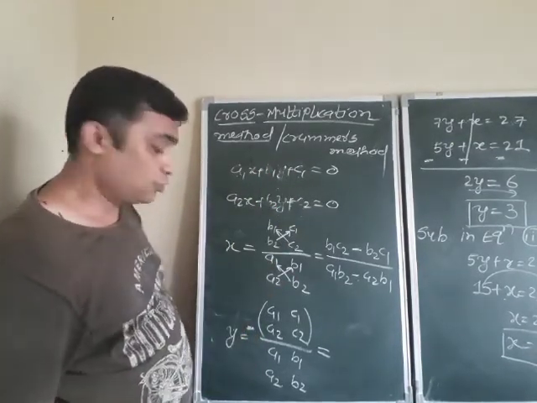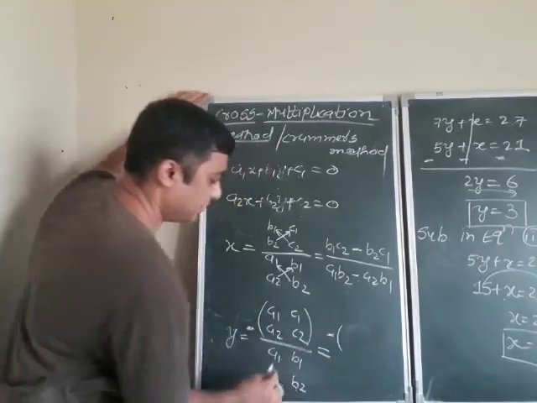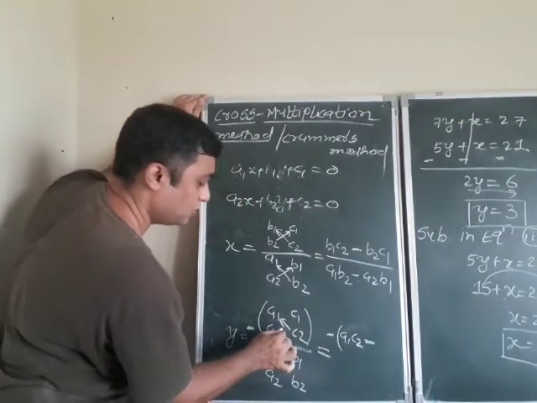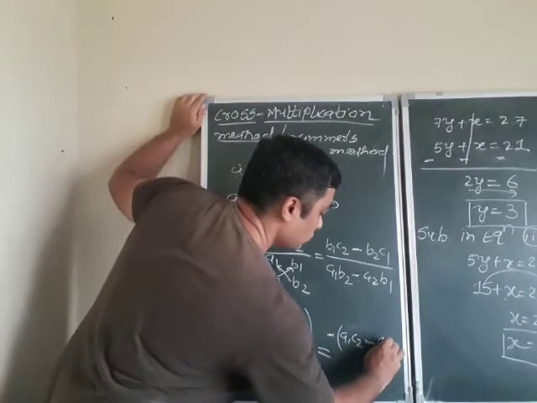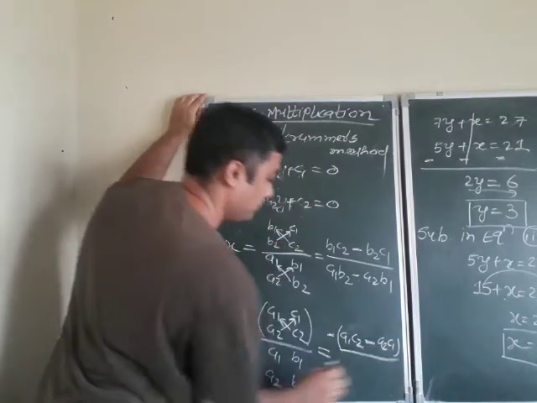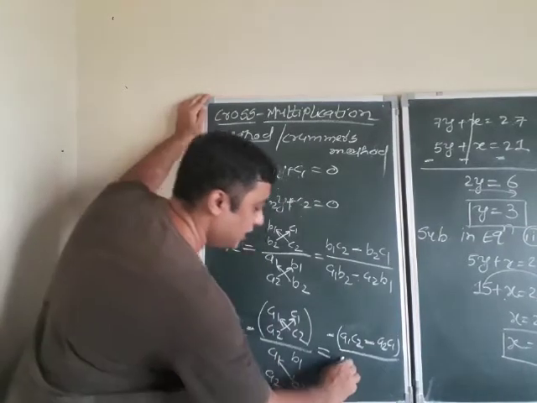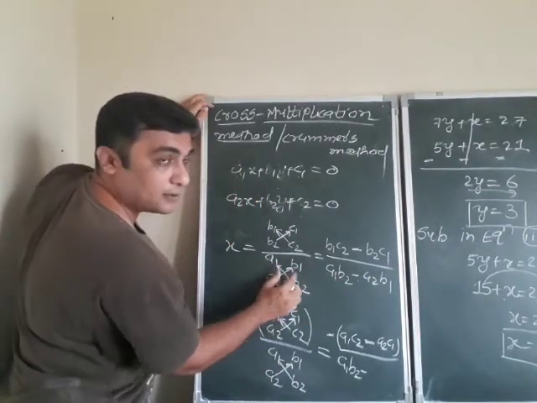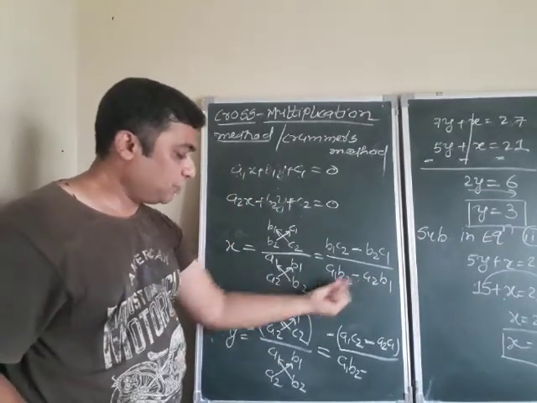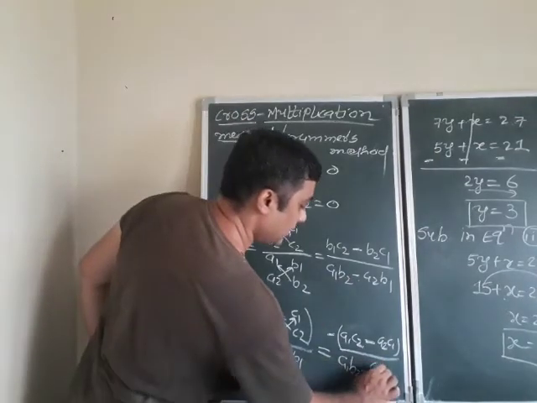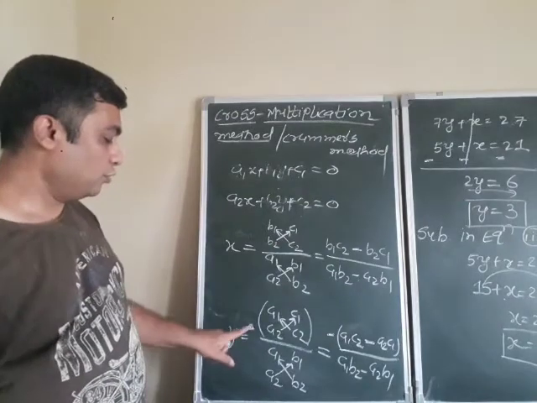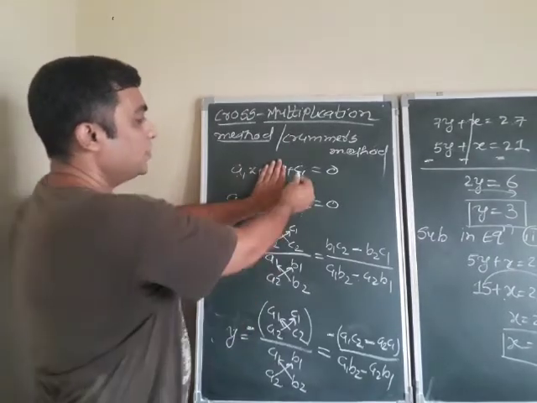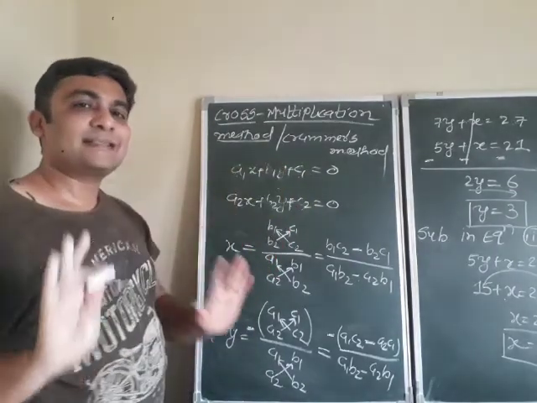Okay? Understood? Now multiply. So see, minus in bracket: cross multiplication a1 c2 minus cross multiplication a2 c1, upon cross multiplication a1 b2 minus a2 b1. This seems the same. Fine. This is the same. You can copy it from here only. No problem. So a1 b2 minus a2 b1 over. And if you don't want to write the minus, don't write it. Just write c1 c2 first and then a1 a2. As you see fit. Clear?